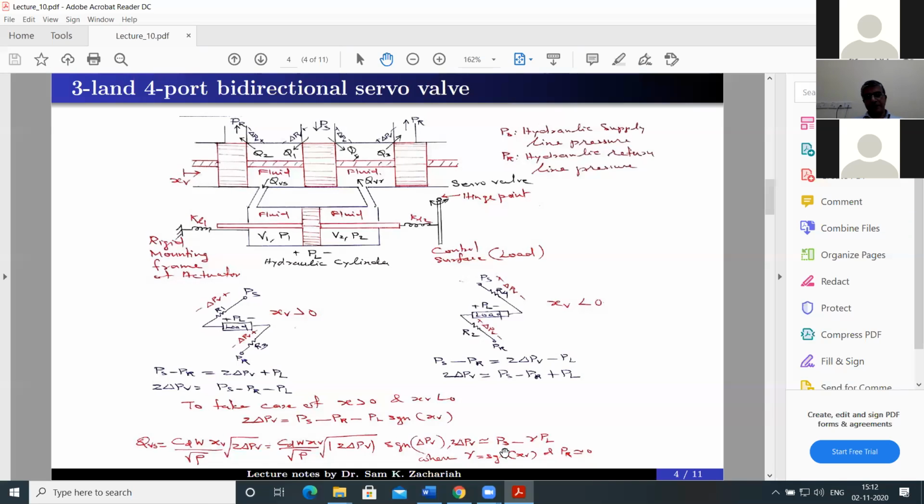And delta PV is given by PS minus PR. I am neglecting PR because PR is relatively very small. For example, PR will be of the